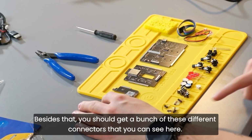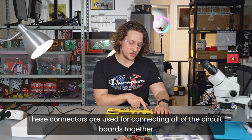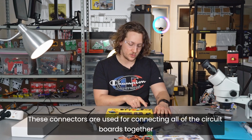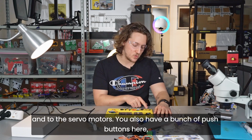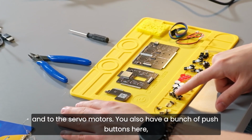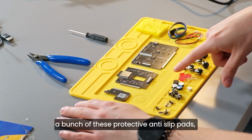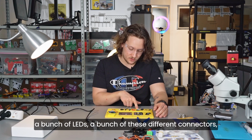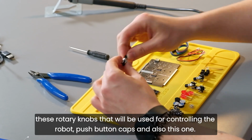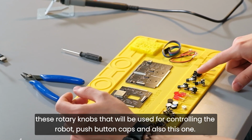Besides that, you should get a bunch of these different connectors that you can see here. These connectors are used for connecting all of the circuit boards together and to the servo motors. You also have a bunch of push buttons here, a bunch of these protective anti-slip pads, a bunch of LEDs, a bunch of these different connectors, these rotary knobs that will be used for controlling the robot, push button caps,